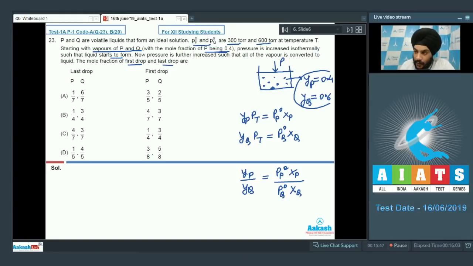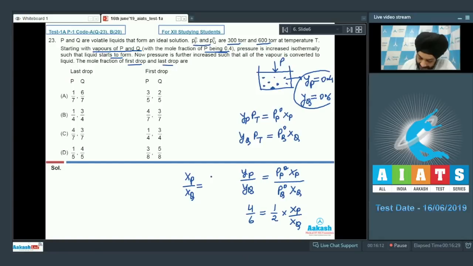We have Yp is equal to 0.4 and Yq is equal to 0.6. So this will come out to be equal to 4 by 6. The value of Pp0 and Pq0 are 300 and 600 respectively. So this will be 1 by 2 into Xp by Xq. Okay, so this on simplification will give us a value of Xp by Xq